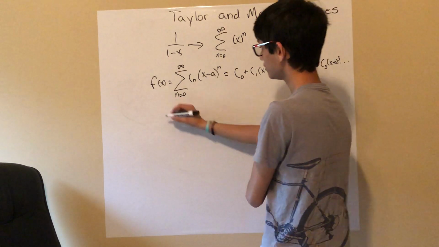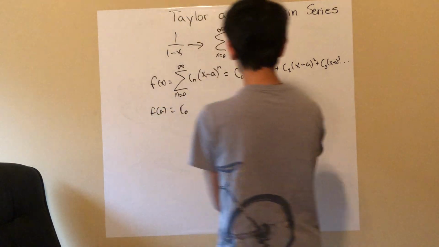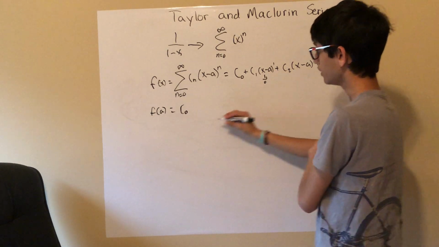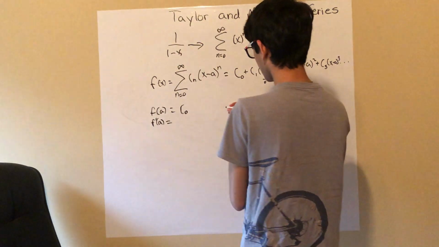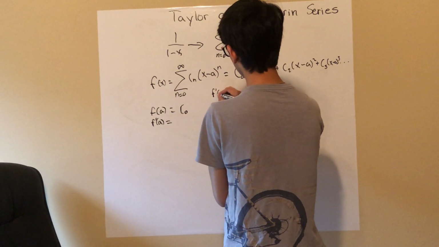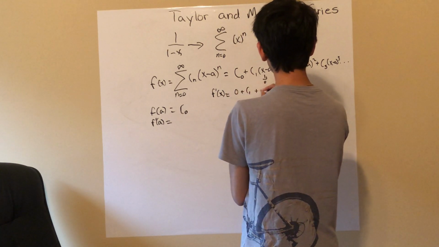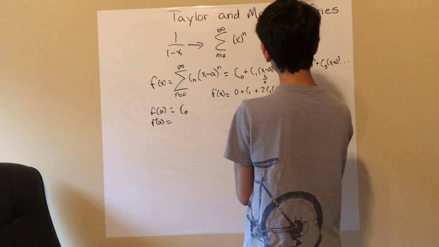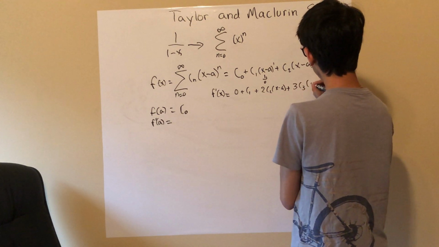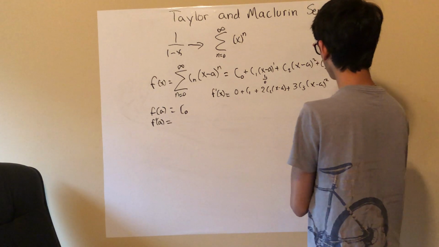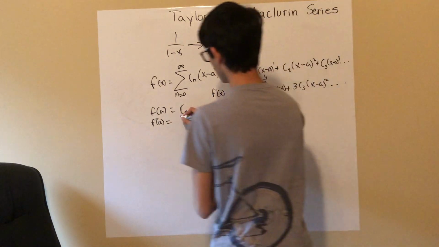into f of x, f of a equals c0, right? Because then all these other values would go to 0. And then f prime of a equals, let's take f prime of x. So f prime of x equals 0 plus c1 plus 2c2 times x minus a plus 3c3 times x minus a squared and so on, right? So now f prime of a equals c1,